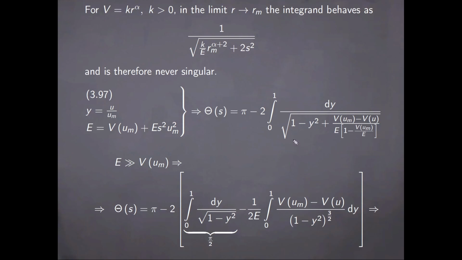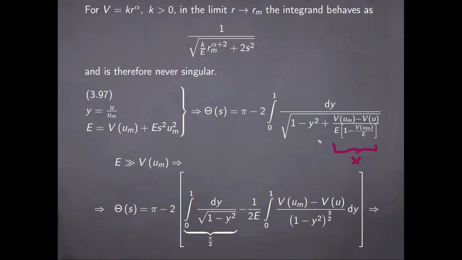And this can be analyzed further in the limit of high energy scattering. So for high energies and low scattering angles, the condition being that the energy is much greater than the value of the potential at the periapsis, then essentially what happens is that the bracket here is approximately equal to 1, and then I can treat the entire quantity here, x, as a small number and use